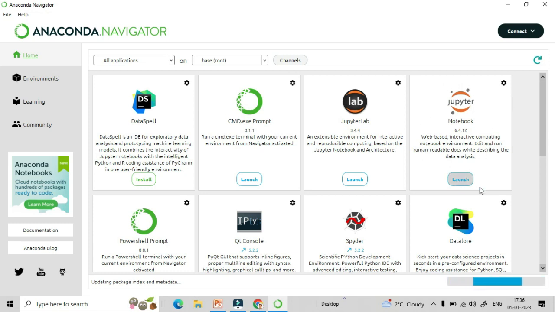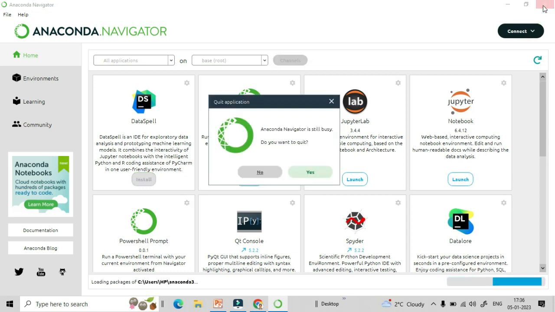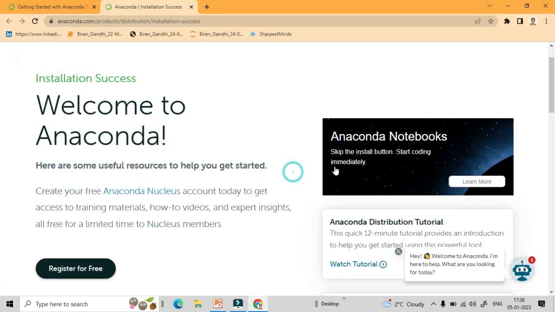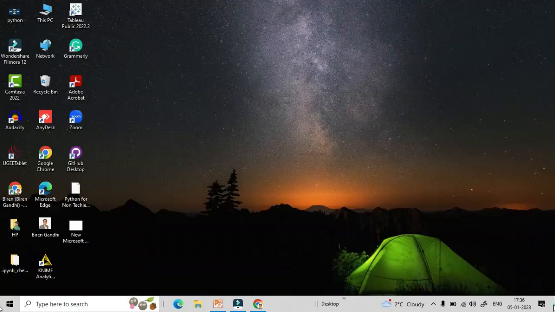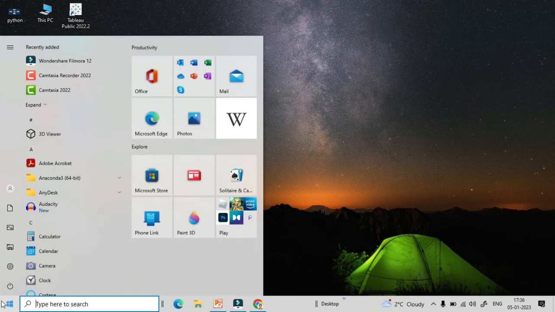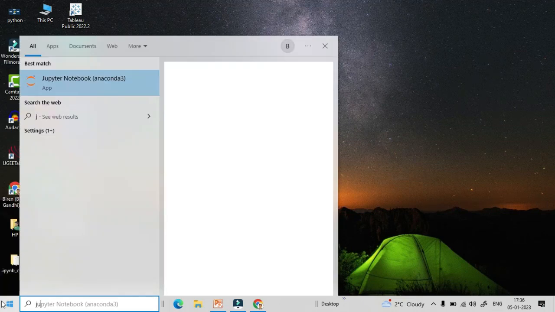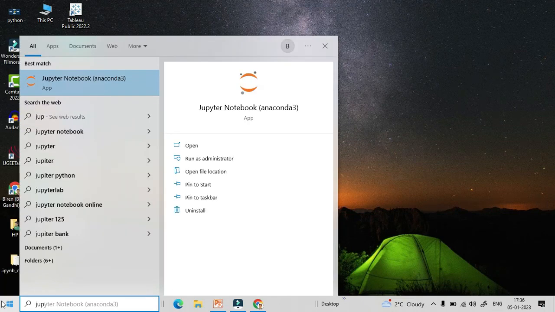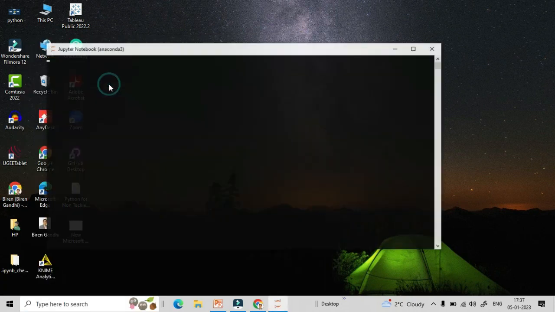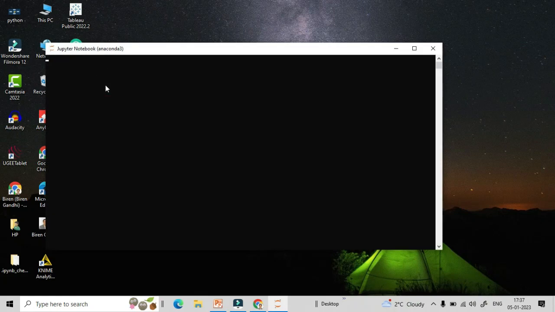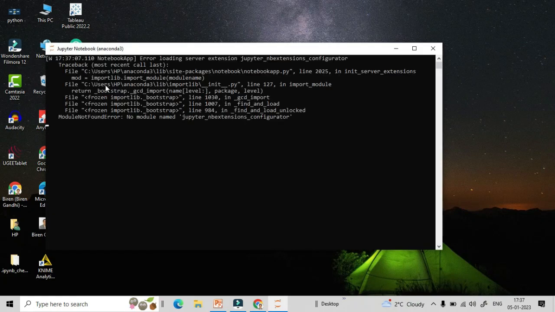Alternatively, you can close the Anaconda Navigator for now, and you can go to your start button and type Jupyter Notebook. As you type Jupyter Notebook, it will show you this prompt, Jupyter Notebook Anaconda 3. You click on that and it will take you to the Jupyter Notebook page. It will run some command like this,